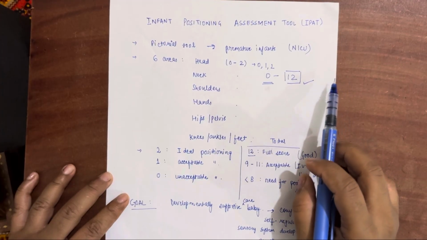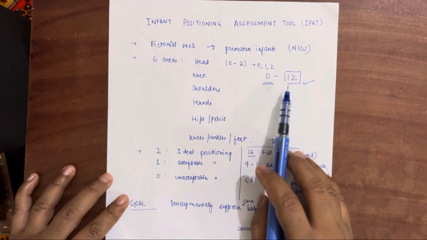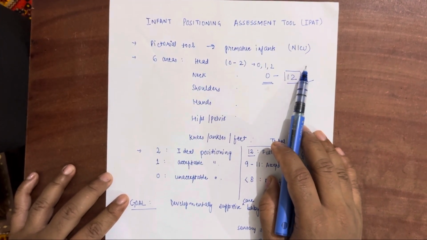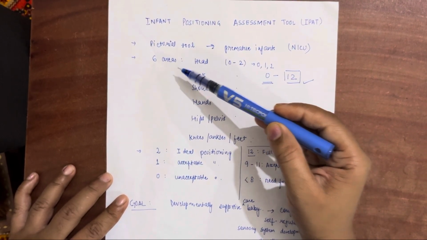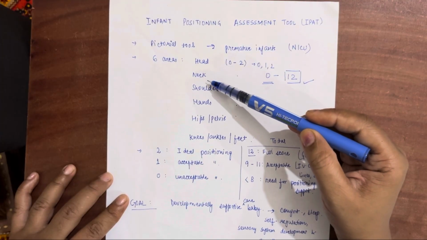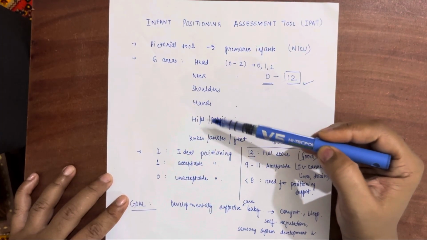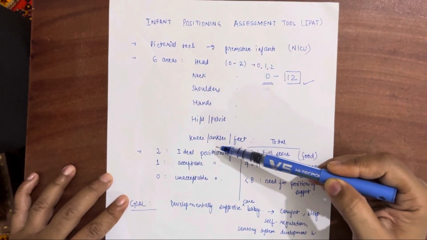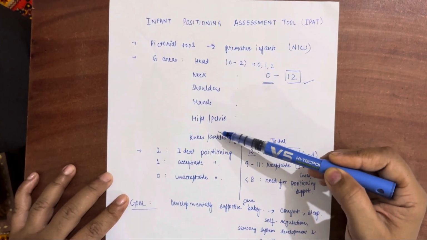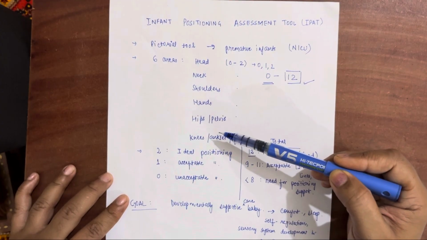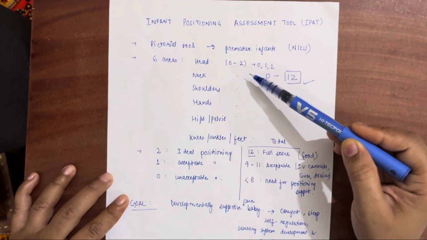For the assessment of the position in premature infants using this IPAT tool, we consider mainly 6 areas, and those 6 areas are head, neck, shoulders, hands, hips or pelvis, and knees, ankles and feet. So these are the 6 areas where we have to assess the position, and the scoring that is given is